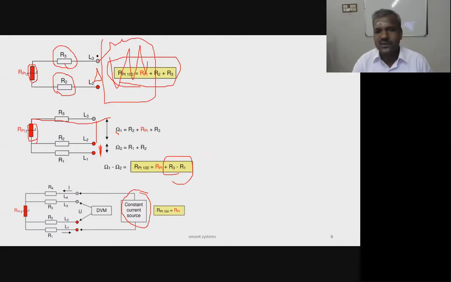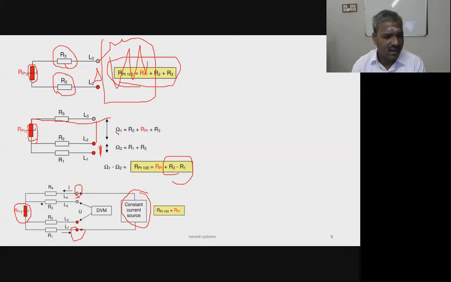One arm of the Wheatstone bridge, we are replacing this side. Similarly, here we are using one arm of the Wheatstone bridge with a modified wiring diagram for 3-wire RTD. In 4-wire RTD, one lead wire is excited by a constant current source. This R4 and R1, these two lead wires, are directly connected to the constant current source to maintain a constant dissipation loss across the resistor.